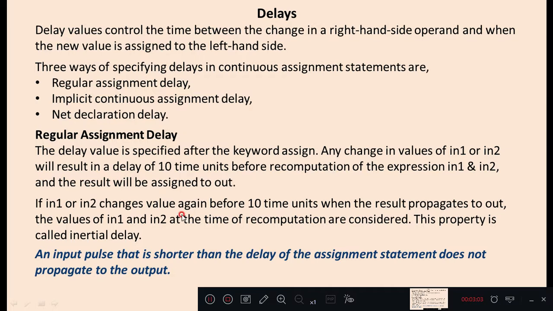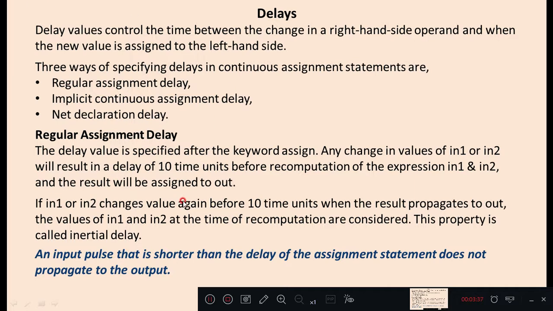In those cases, the initial value is considered, and the new values are not considered for recomputation. This property is called inertial delay. So that gate takes inertial delay, which means it takes 10 time units to compute the value and assign it to output. Any value change before 10 time units, that value is neglected.